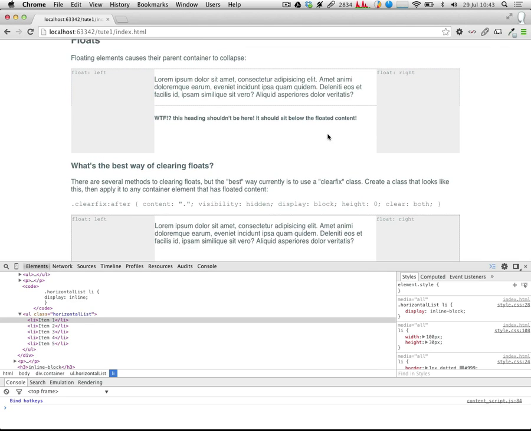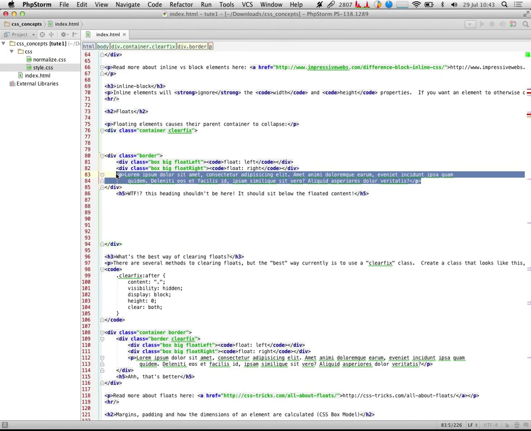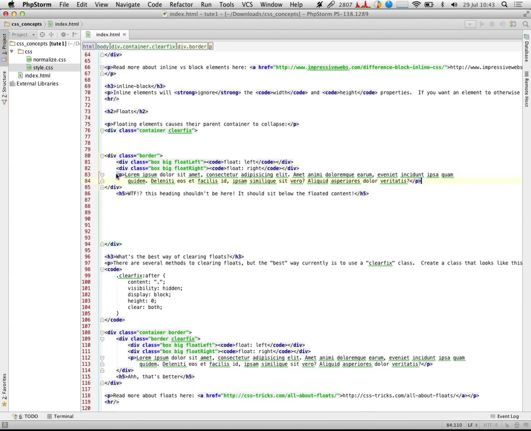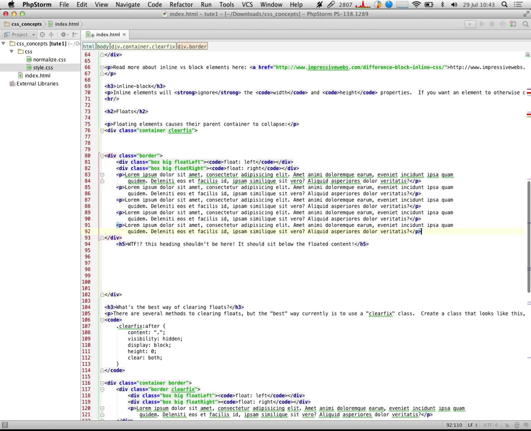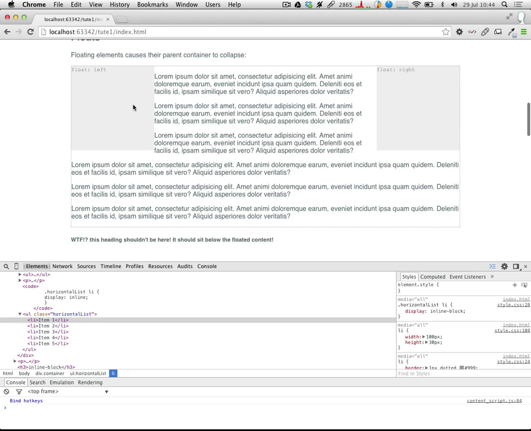And often this is a problem that you don't discover straight away, because what will often happen is I will have a lot more content in this div. And if I have enough content in this div, then it looks fine. It seems to work fine, because the container is surrounding all of that text content. It only becomes an issue when our floated elements take up more vertical space than the rest of the